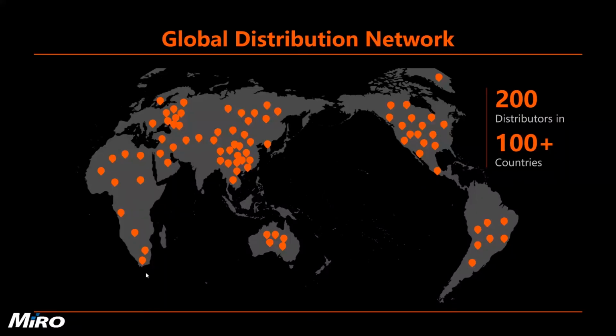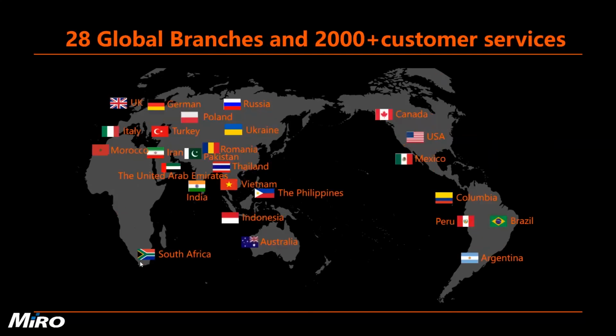As you can see, our global distribution network, we're that little boy over there. We form part of a global chain. We're very proud to be part of this chain. It's almost like a router club. You know, it's a top tier router club, and Miro has been awarded the opportunity to not just join Tenda, but the hundreds of distributors around the world that have got the amazing opportunity to partner with this brand.